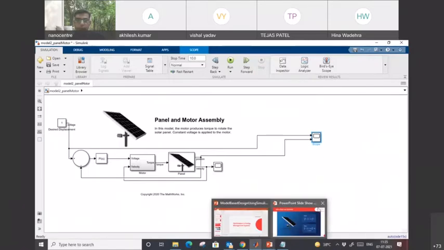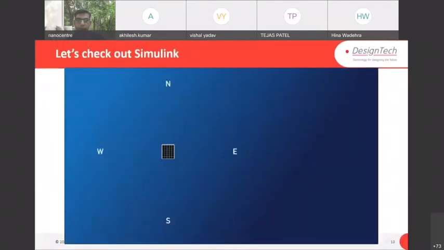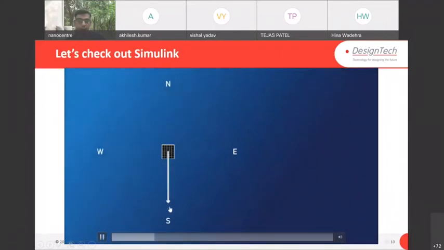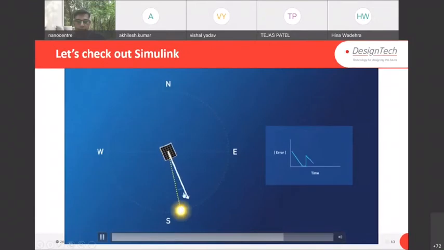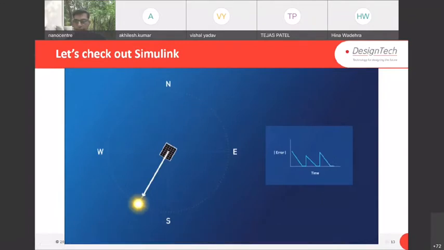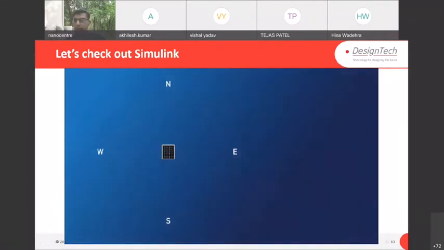So let's switch here and see what issues we are facing, right? So it will happen with respect to the sun displacement as well. So here you see, here is my panel, here is my sun, right? This is the sun, okay? And this is the error. This direction is here. And you see that the sun is rotating earlier than the panel. So there we are getting the error. So in that case, we have to optimize the parameters of the controller, right?